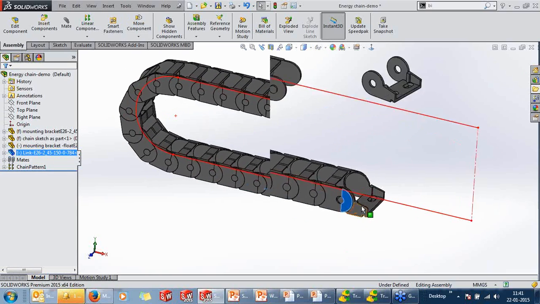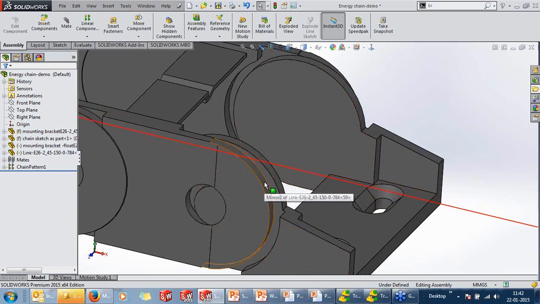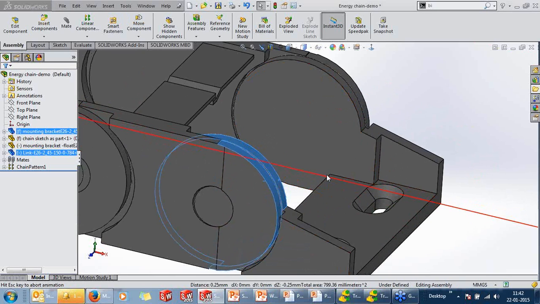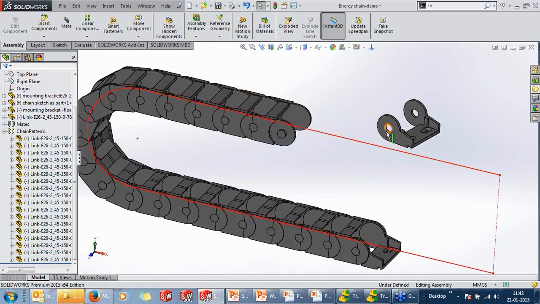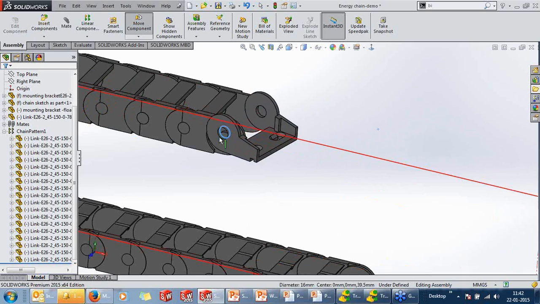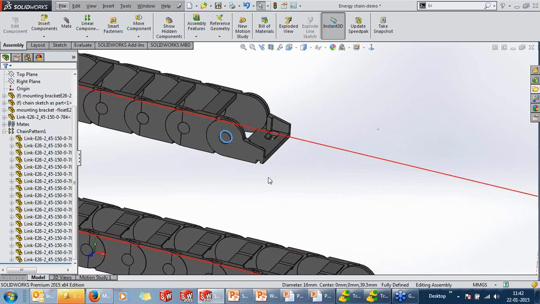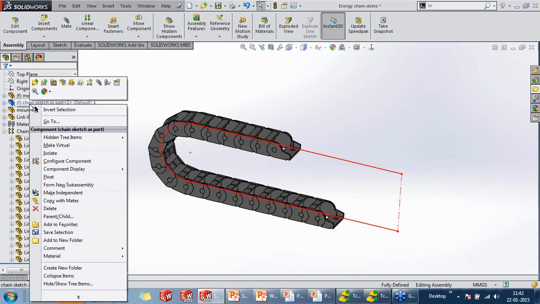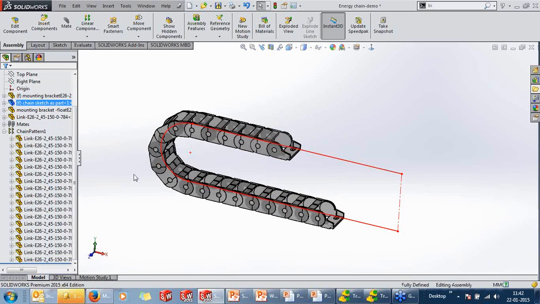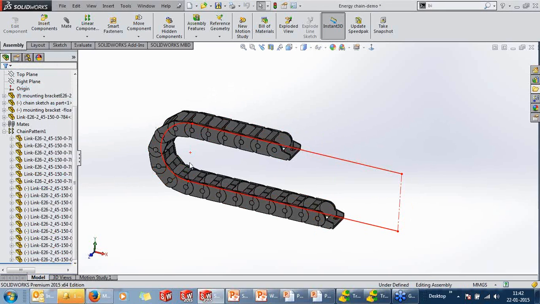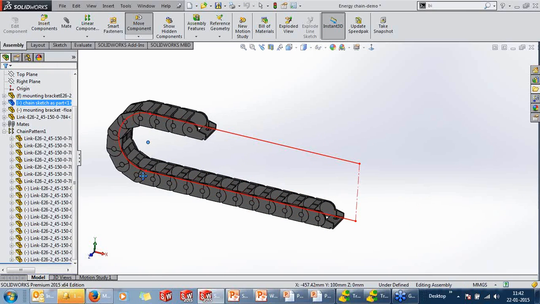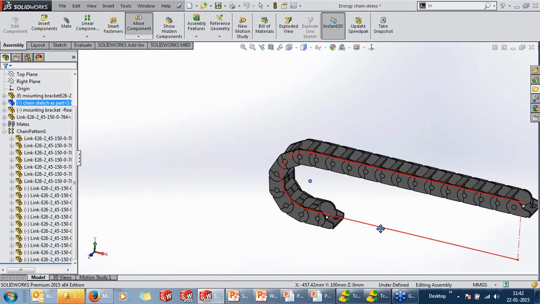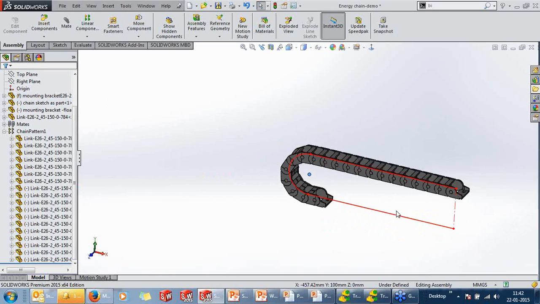Yes, it is working according to our requirement. We'll just finish this assembly by giving some mates. Add some mates. I'll add some mates to this bracket as well. Floating this sketch, you can see the pattern works according to our requirement. It stops at the last instance as well.